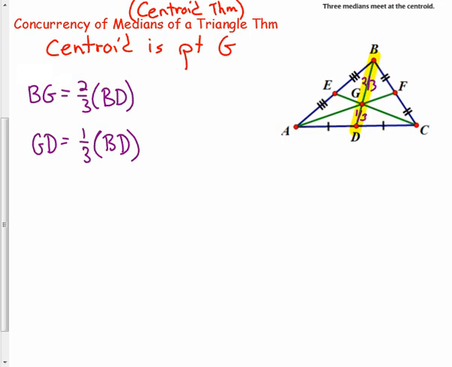What is the relationship between 2/3 and 1/3? We would say that GD is half, because 1/3 is half of 2/3, so GD is half of BG. This holds true for all three sets of